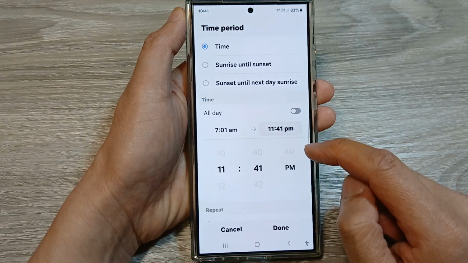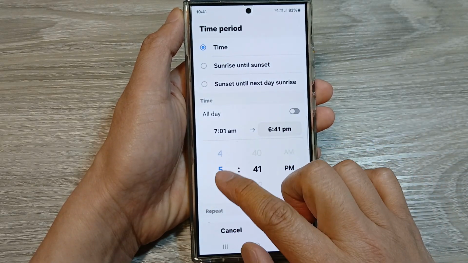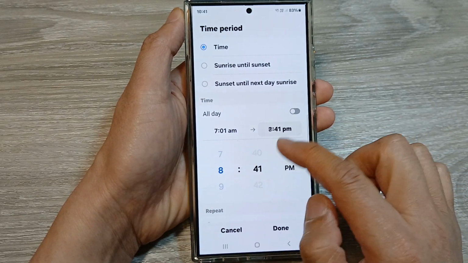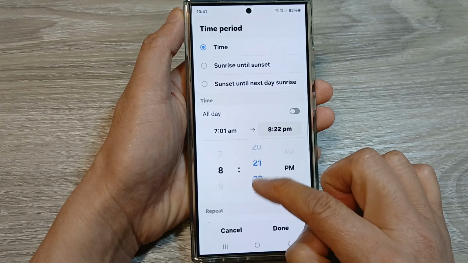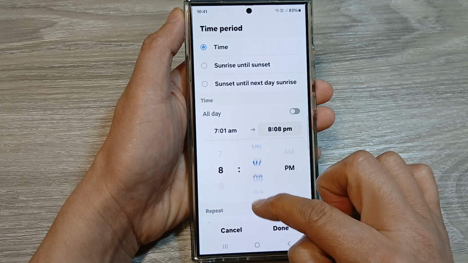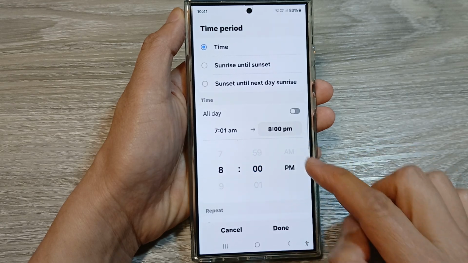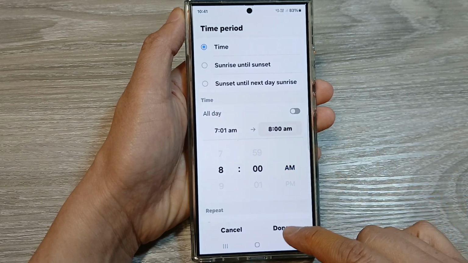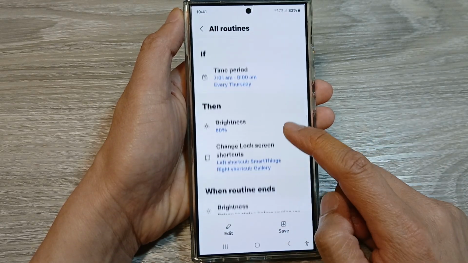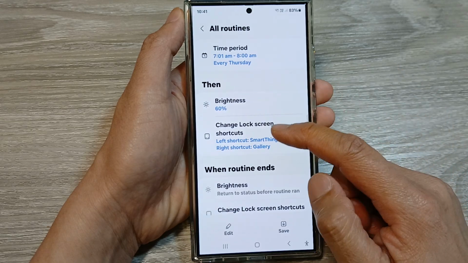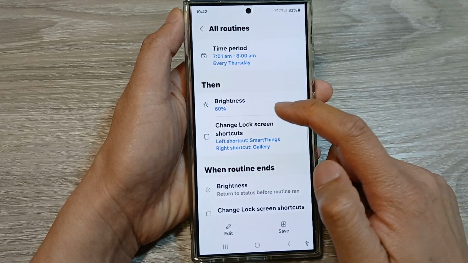and our traveling time is around an hour. So we go and select that and we finish at say 8. So our traveling time is around an hour. So you just set your traveling time or the start and the end time. So tap on done. And here if you want to accept the default, so here the default is set brightness